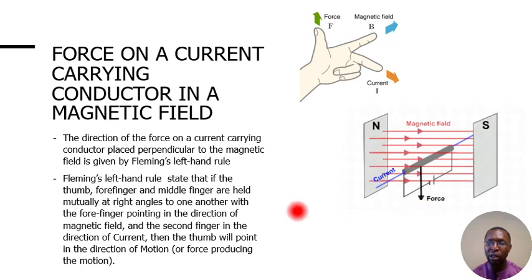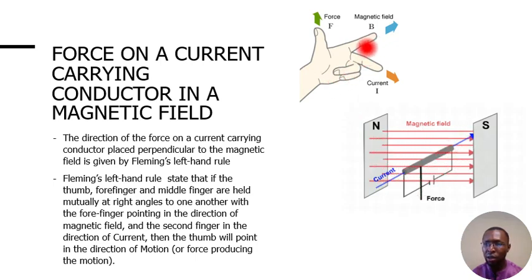And a scientist called Fleming proposed a rule concerning that. In this diagram, you can see this is the north pole of the magnet, this is the south pole, generating its magnetic field, as you can see, from north to south. Now, this is the conductor. Now, in Fleming's left-hand rule, it says that if